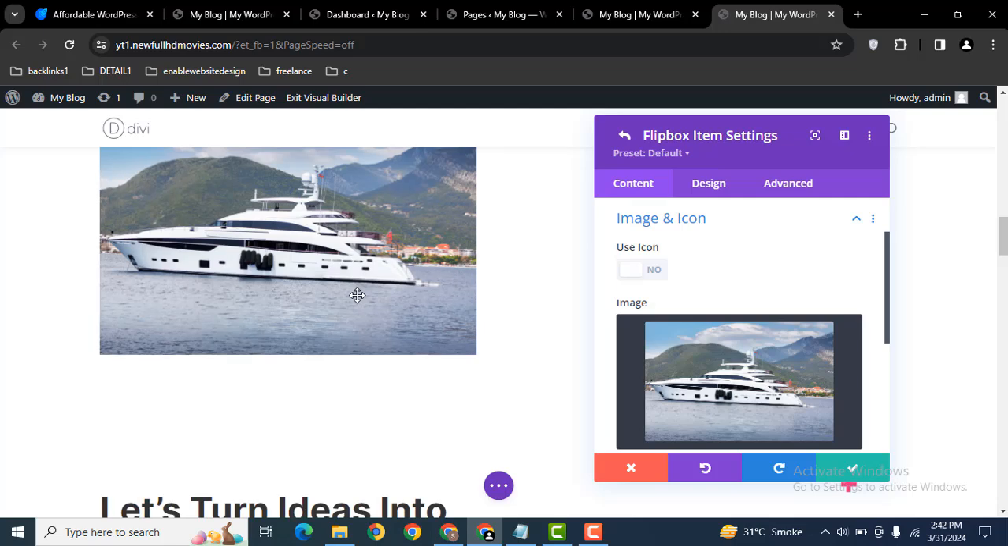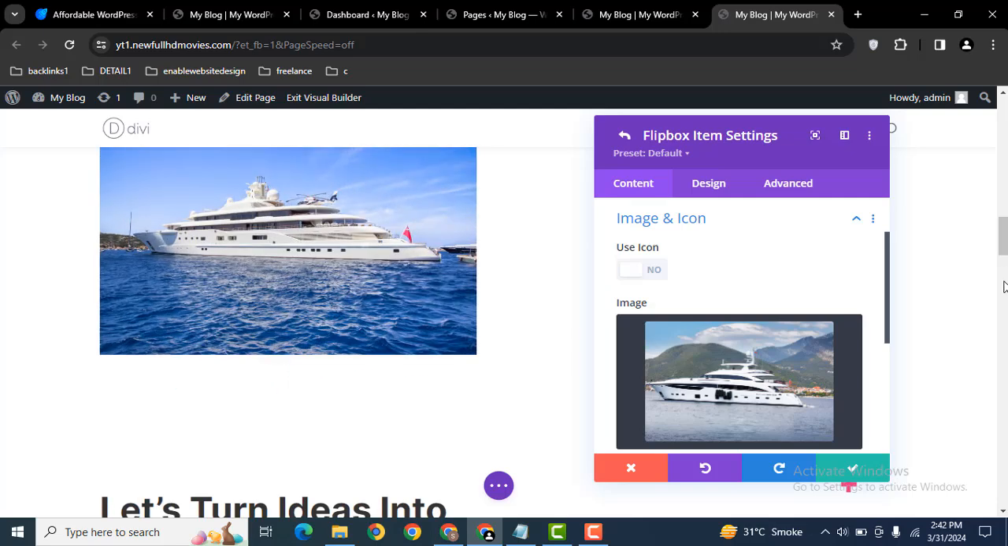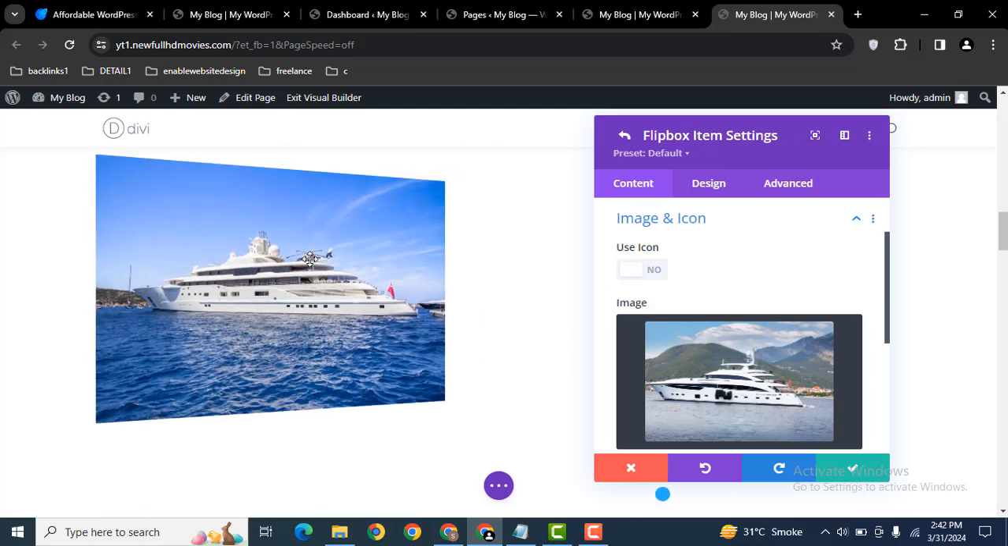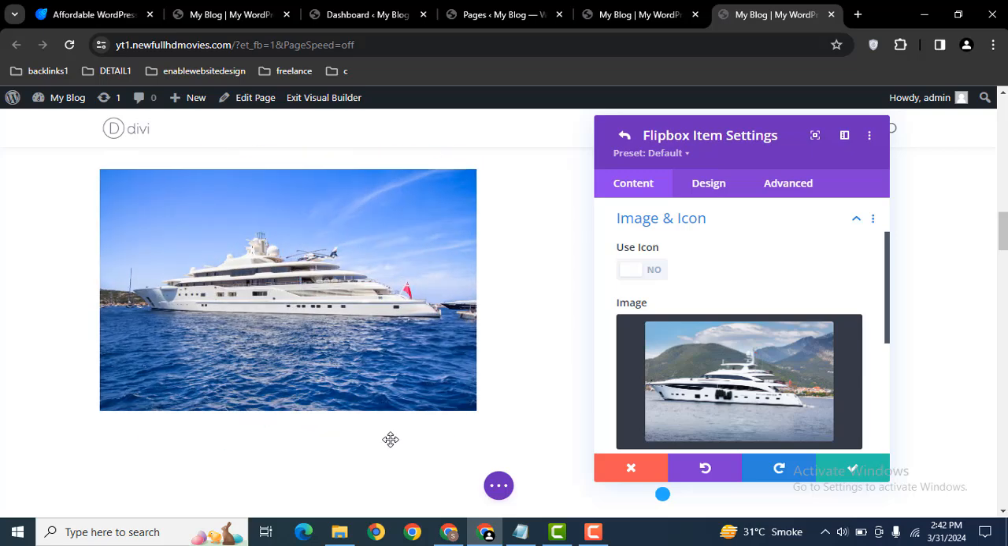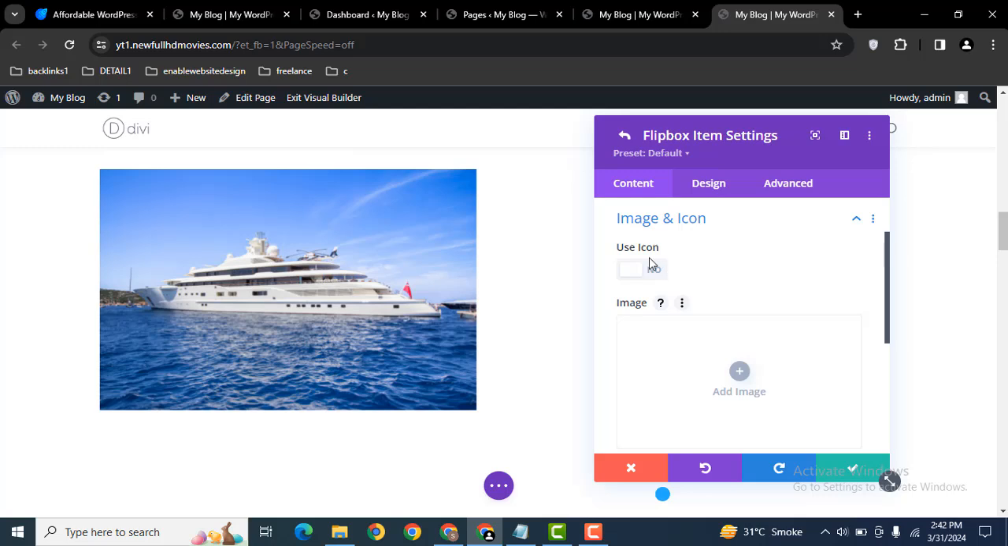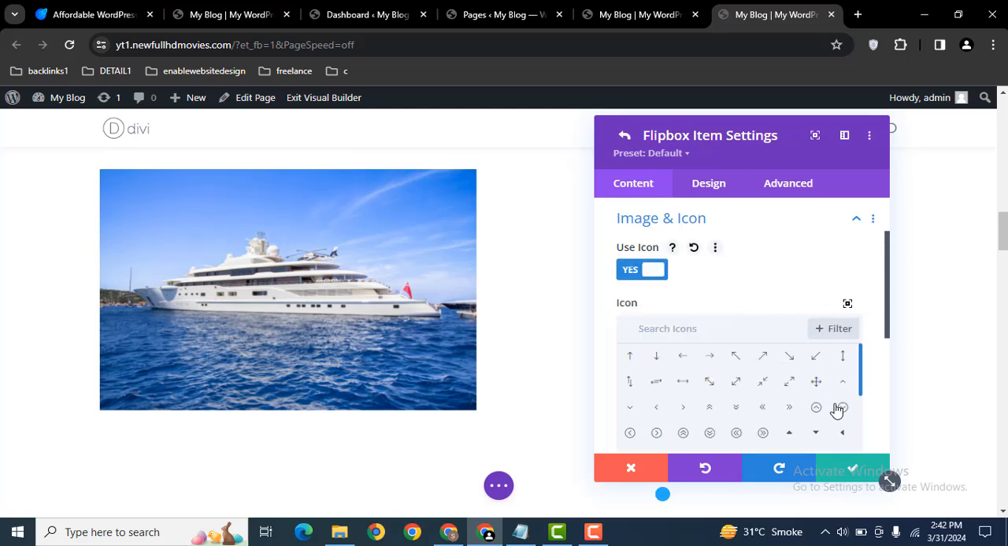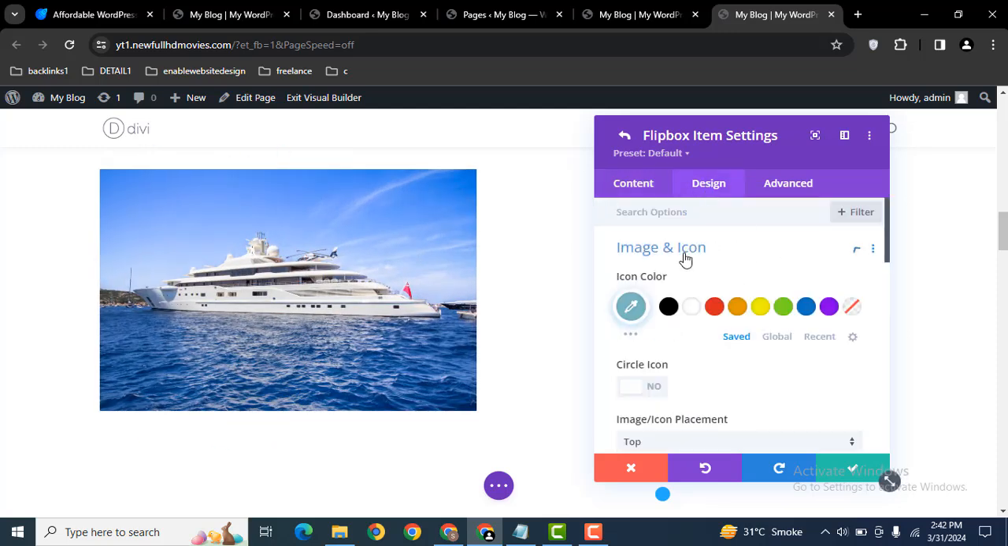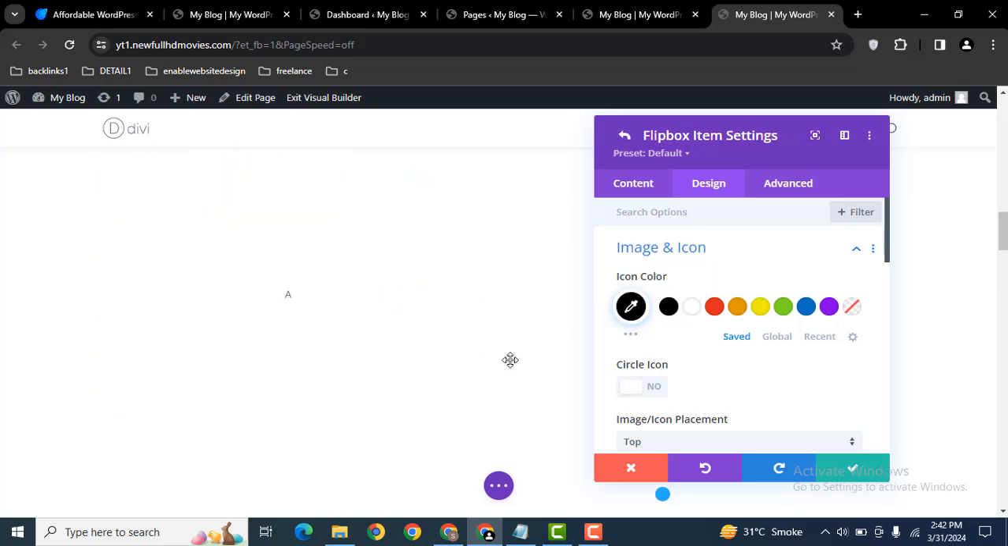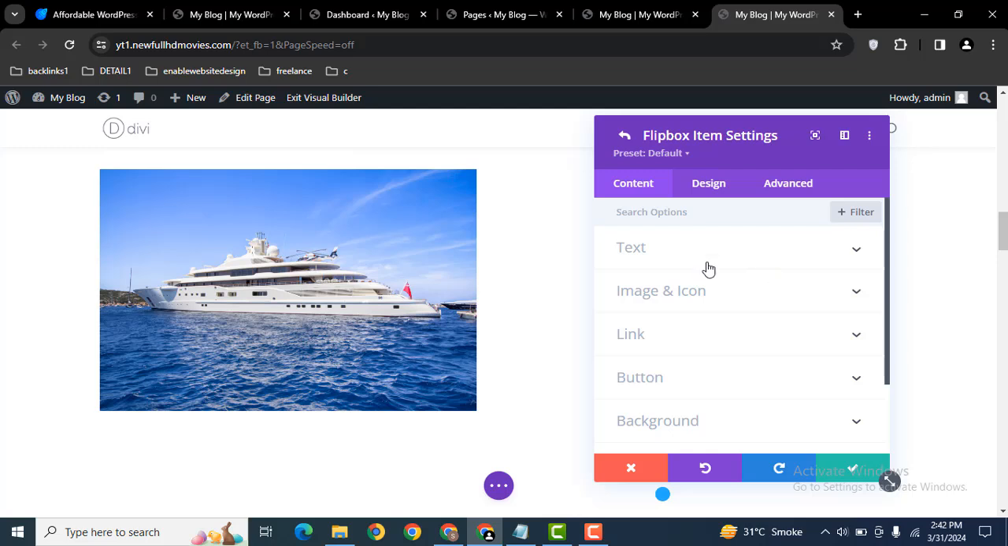So guys, here you can see how flipbox works. Whatever you want to add on the back side, you can easily do that. I have added an image, you can also easily add an icon. For example, whatever icon you want to use, then design and icon color. After that go back,